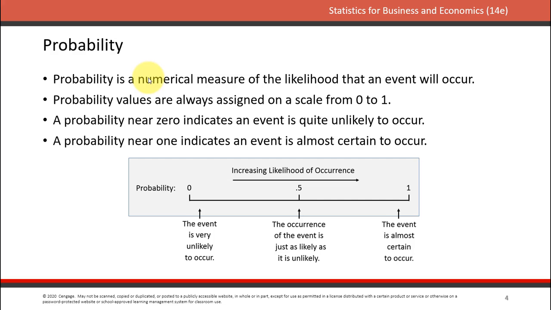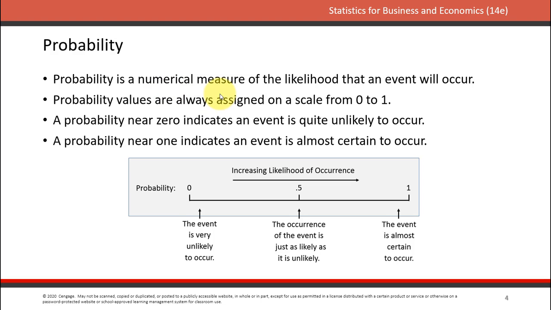So in mathematics, we're going to say probability is a number. It's going to result in a number. For example, when we say what's the probability that it's going to rain tomorrow, we might say 50%, or we might say 20%, or something. So it's some kind of number. So the number should always be between 0 and 1. We never say the probability that something will happen is 150%, right? So it's always between 0 and 1. So probability is a numerical measure.